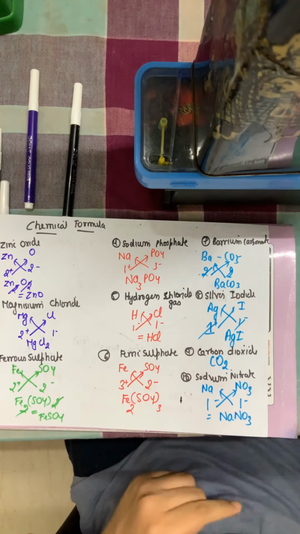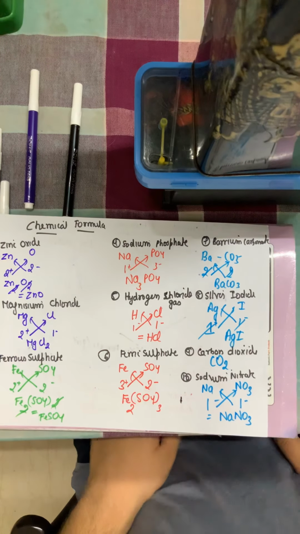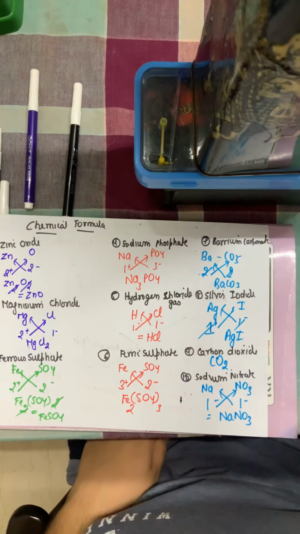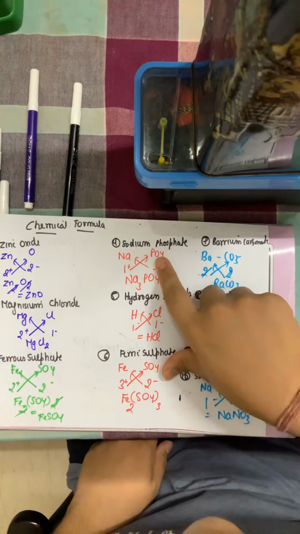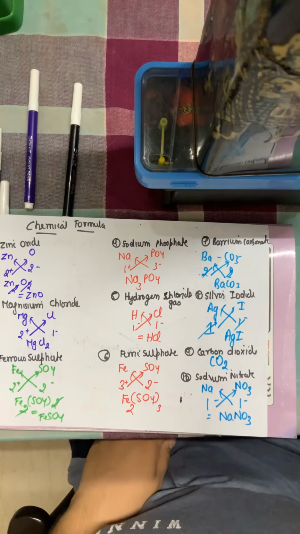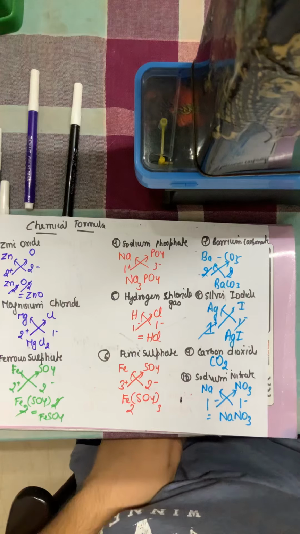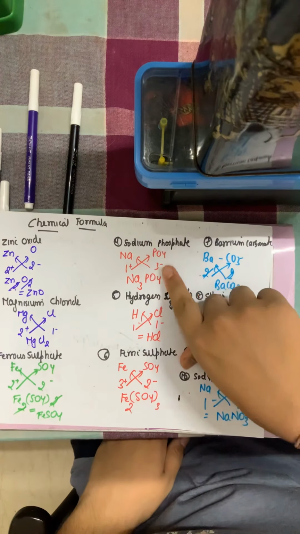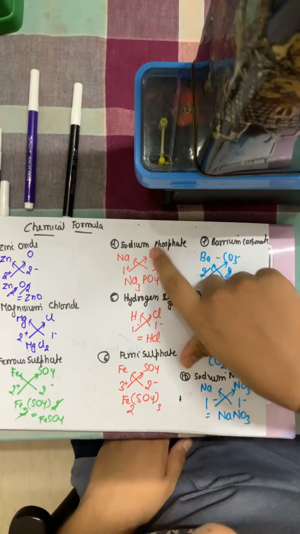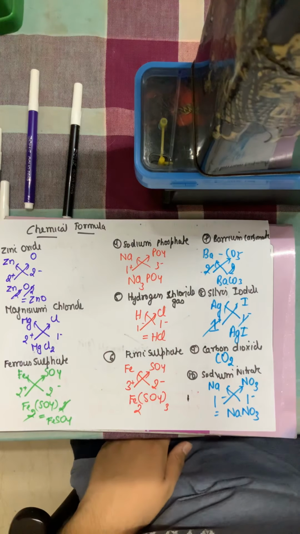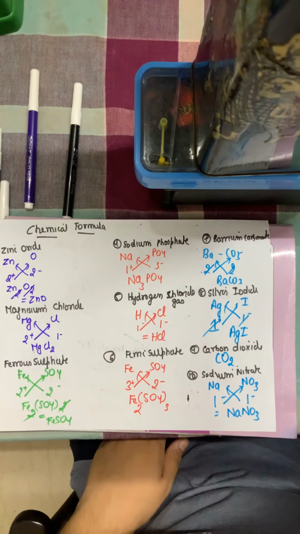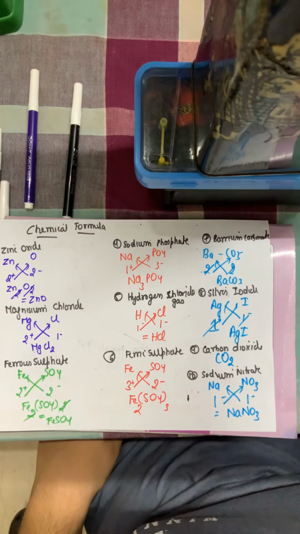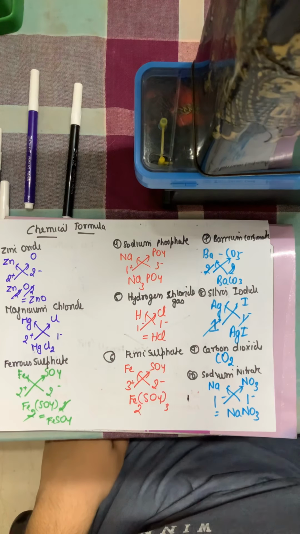Okay, so these were some examples of formula writing. So I'll just brief the rules once again. The first rule is write both the elements, element number 1 first and element number 2 after that, with the symbols, and then below them write their valencies with the charges. Charges don't need to play a role in these formulas. Cross multiply them, that means the valency of 2 will become the valency of 1 and the valency of 1 will become the valency of 2. In case both the valencies are the same, we don't need to write them and the valencies cancel. Okay. In case the valency is 1, we again don't need to write it.